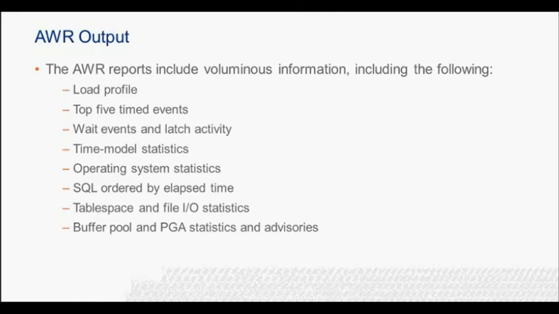Here are some specific important areas on which AWR gives detailed statistics. Load profile. This important section shows important rates expressed in units of per second and transactions per second. This is very important for understanding how the instance is behaving. This has to be compared to the baseline report to understand the expected load on the machine and the delta during bad time. Top 5 timed events.